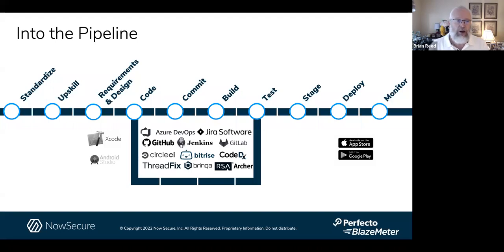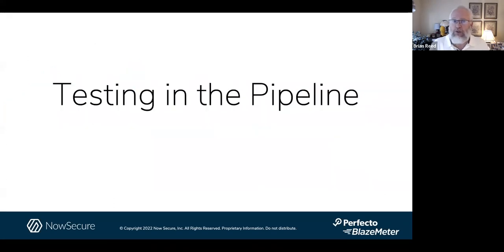Now, since we're talking about mobile today, of course, we're talking about apps often written in like Xcode or Android Studio or one of the intermediate languages. You're using all kinds of tools, CI/CD tools, ticketing tools, build tools, et cetera. You might be using orchestration, vulnerability management tools, and because it's mobile, odds are pretty good you're producing an app that's going to get pumped into one of the public app stores. You got to think about that in the mix as well. And so we're going to use this as a frame to talk about some of today's conversation.